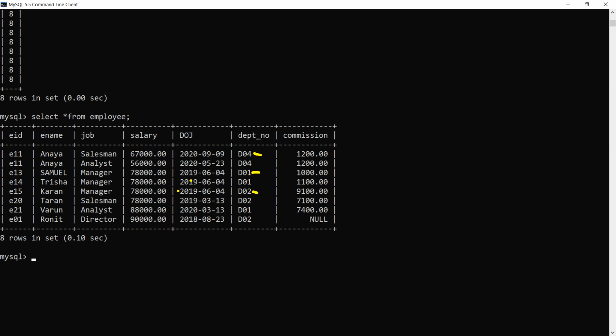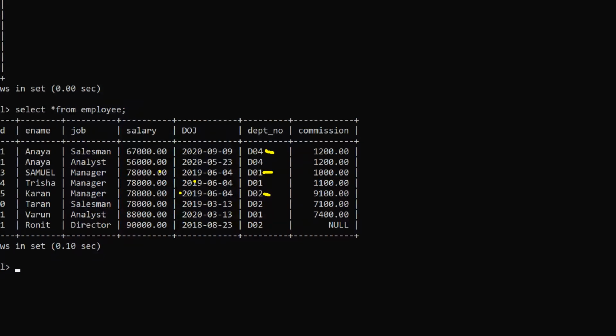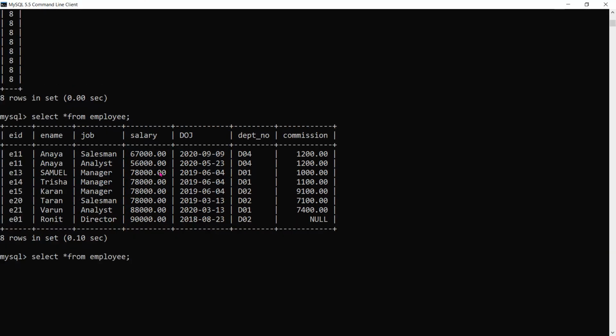So whenever we are grouping, we have to be very careful. Here again I'll tell you that ename is a scalar column, so we cannot group ename, or even if we group, the common names will be there within ename. We are grouping department wise, so we get three results, D04, D01 and D02.